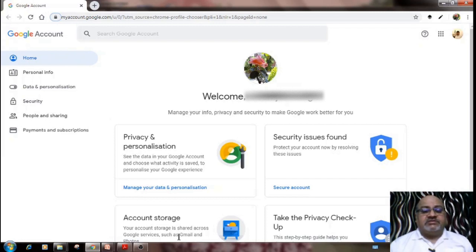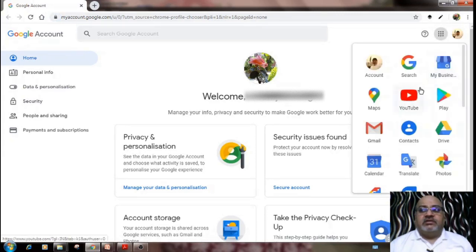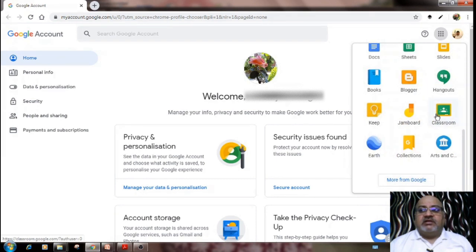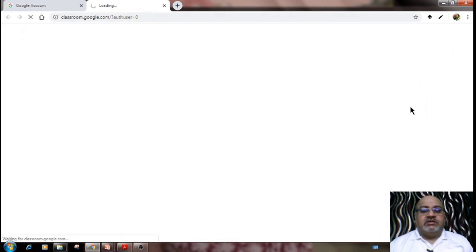Or another way is through a desktop or laptop. So I am showing you the process through desktop or laptop. For this you have to log in to your Gmail account, as I have logged in to my Gmail account. And here on the top right side, you will see this icon having all the applications of Google. Once you click this icon, there are a lot of applications. If you scroll down, you will see Google Classroom is there. Click Google Classroom.